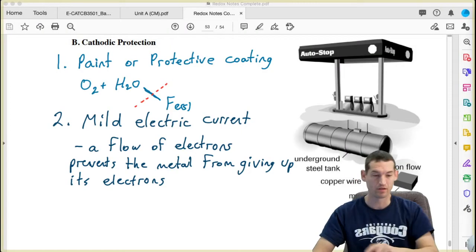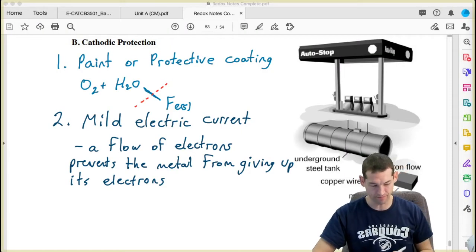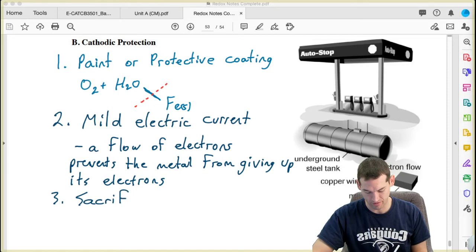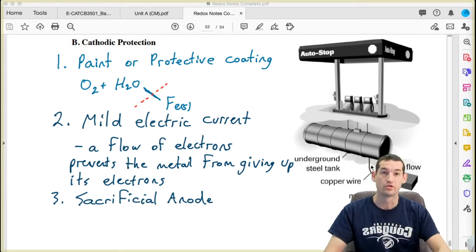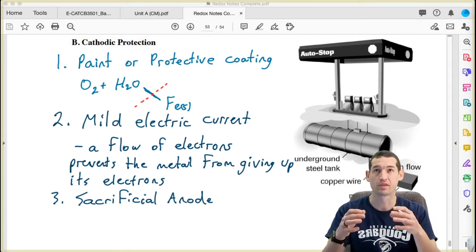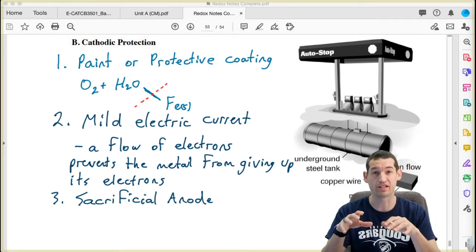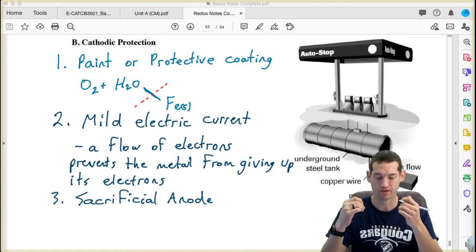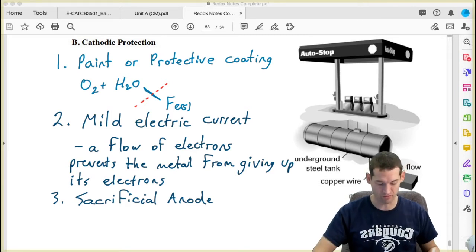All right, back to here. Number 3 is what we call a sacrificial anode. So in this case, the metal itself in the spontaneous reaction is the anode, right? It wants to give up its electrons, it wants to lose them. So we want to give it, the reaction, something else to deal with. So typically,